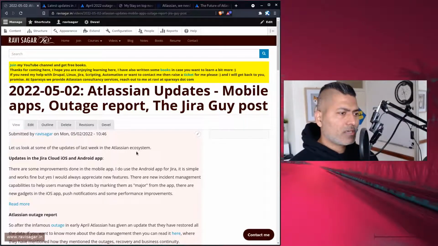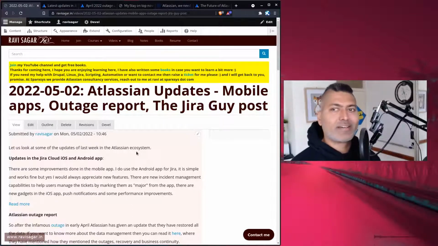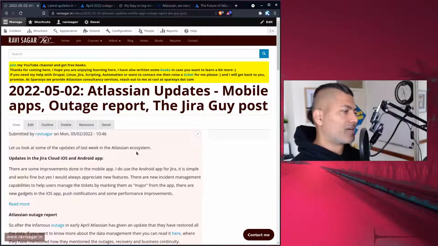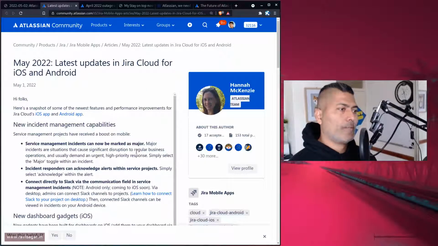And I'm thinking, because there are a lot of things happening in the Atlassian ecosystem recently. There were in fact quite a lot of updates. Not all the updates were great, but something was happening. So I might increase the frequency of these updates. Now today I thought I'll probably start with this post